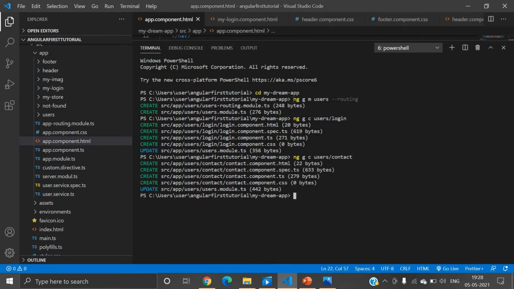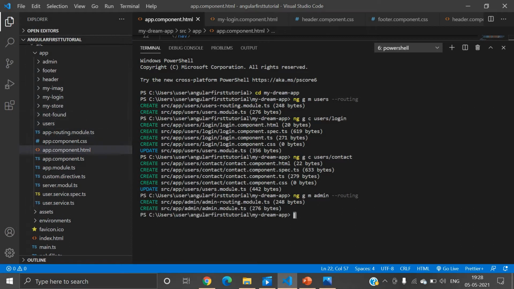After that I will also create another module. We have already discussed how to create modules in the previous lecture; you can see that lecture for details. ng generate module, and here we write the module name, let's say admin, and we will also create routing. This is a child routing, not the parent routing. The parent routing is